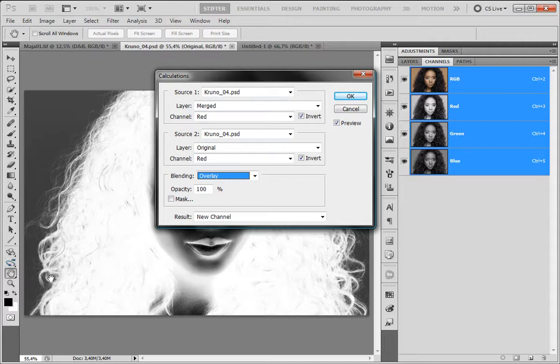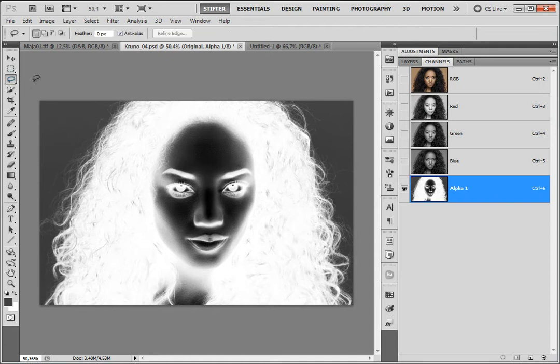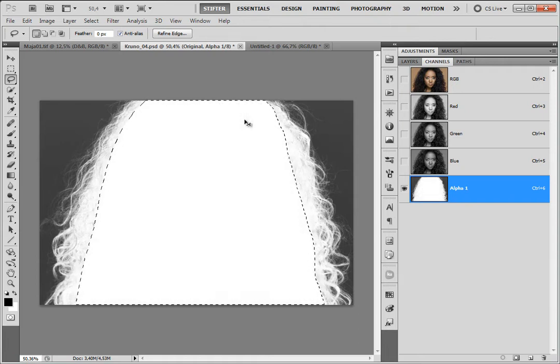I can see most of the individual lines of hair. So I'm gonna produce that to a new channel, and now I'm gonna just work on this mask. I'm gonna use my lasso tool to select this entire area, which I can fix now. I can, because I'm not masking her face, I'm just masking her background, and for that I'm gonna fill this